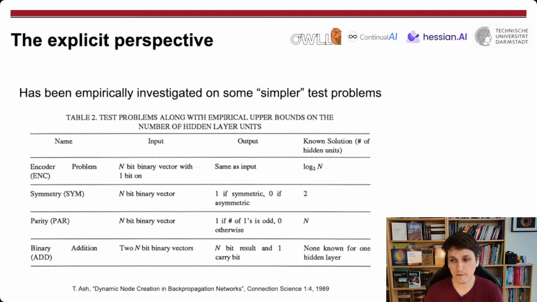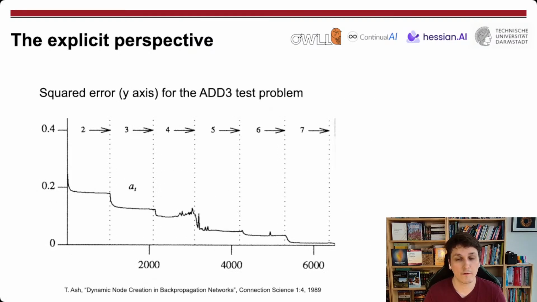Like how far is it away from what we know we require to arrive at the solution? And so for that reason, I highly recommend taking a look at this paper, because I find these graphs quite fascinating. And maybe we should get back to these a little bit in the future as well. But what you can basically see for these problems, illustrated on the add3 example,